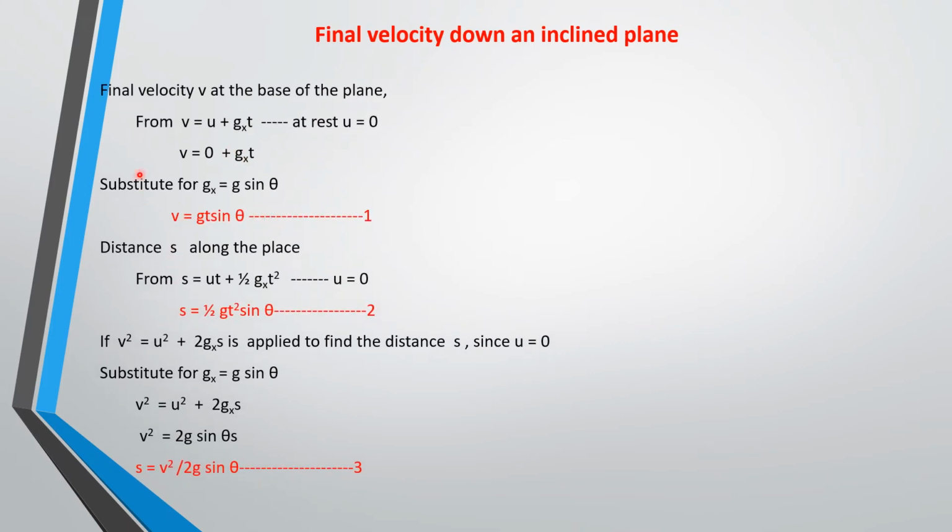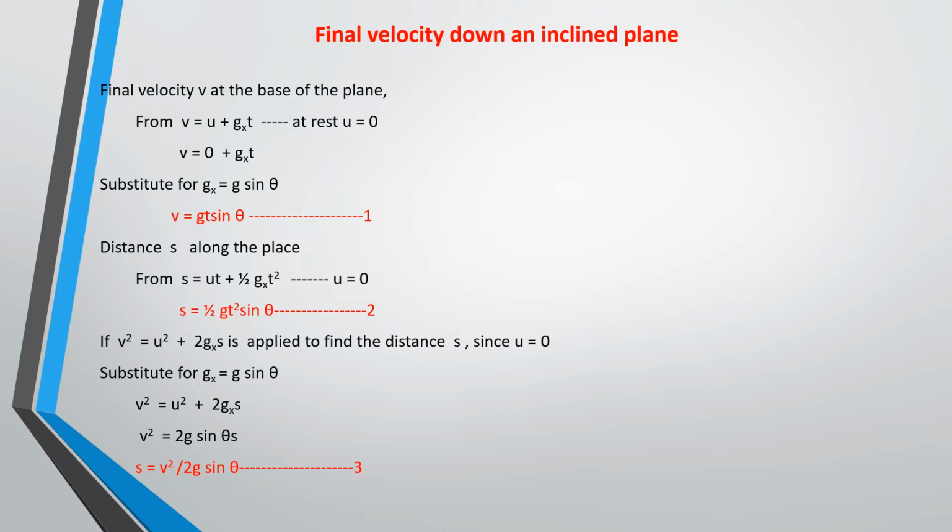Assuming we are looking at that plane, at the point of rest, when the body starts at rest on top of the plane, the initial velocity is equal to 0. From the first equation of motion for acceleration due to gravity, as far as the object is moving down, g is positive because it is moving in the direction of g, right? We said that g along the plane is g sine theta. So from this equation, u is equal to 0, you have v equals gst,